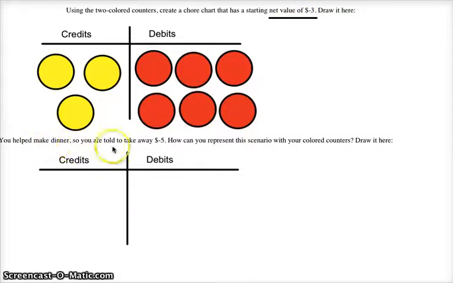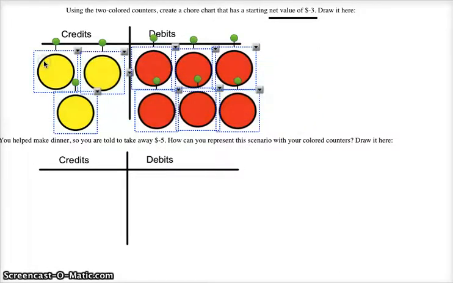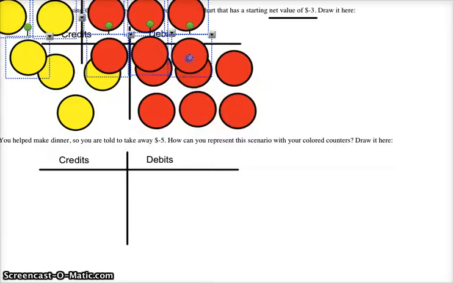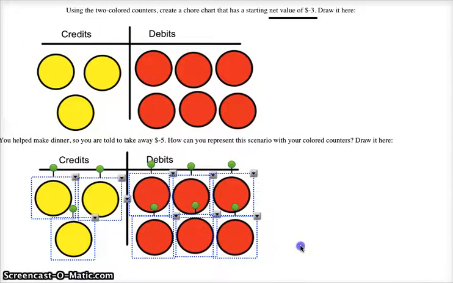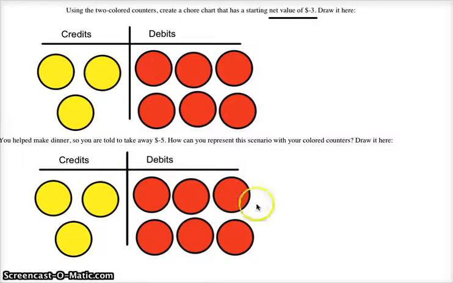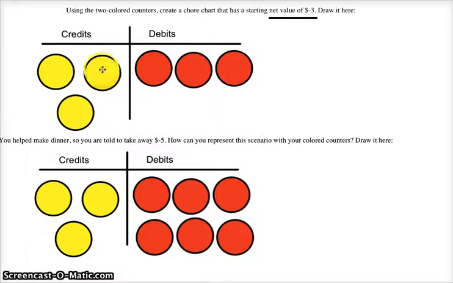It says you helped make dinner, so you are told to take away -$5. So take away 5 debits. How can you represent this scenario? So I'll copy and paste this model down here. And look, as it's written, I do have 5 debits here. I don't have to add any 0 pairs if I was using my original thinking of this is my chore chart